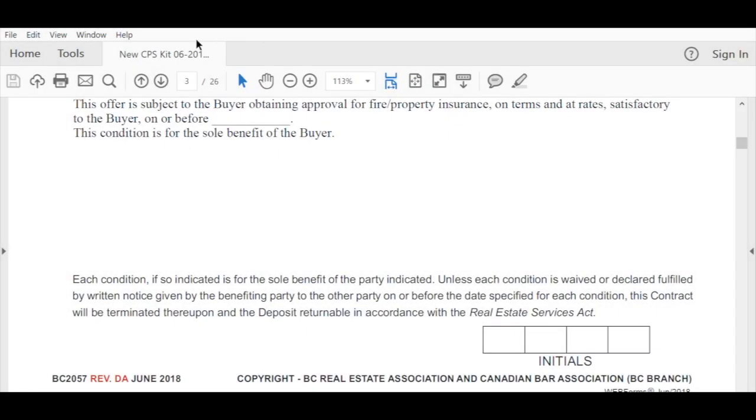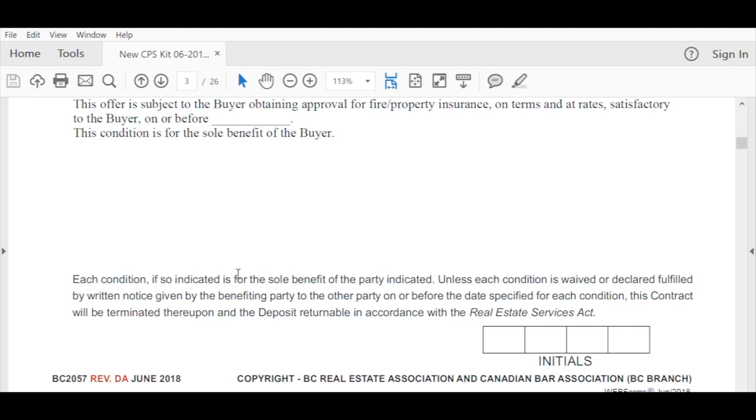These 5 subject clauses are very important because if your client wants to walk away and you don't have this condition precedent, then you don't have a chance to walk away, because the buyer would be not in good faith and just wants to escape and walk away without this condition precedent. The seller may have a chance to sue for non-performance or breach of contract, because if you have all those 5 clauses